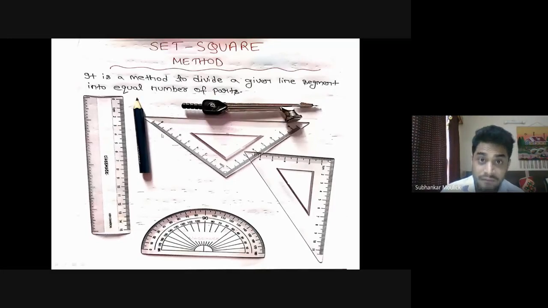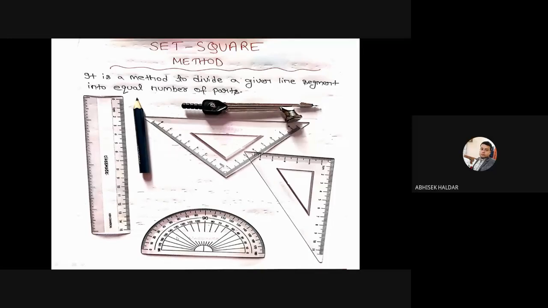Again, pencil will vary. I think Abhishek sir might have told you in the very first class that we are using 3 pencils in this lab, that is H pencil, 2H pencil and HB pencil. I will let you know which pencil when to use. All the 3 pencils will be required in this method, as well as compass, 2 set squares, 30 60 90 set square and 45 45 90 set square, and one protractor. I don't have that 360-degree protractor.